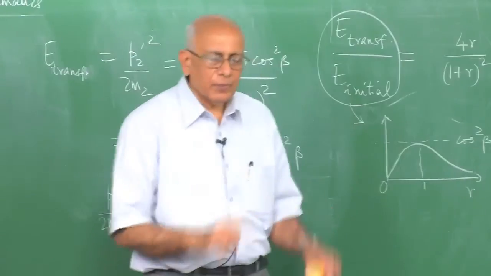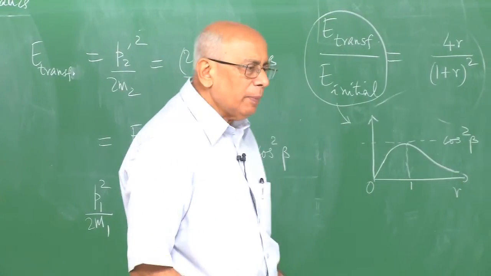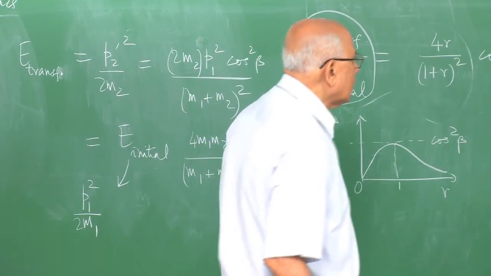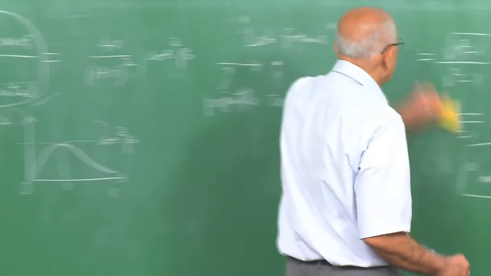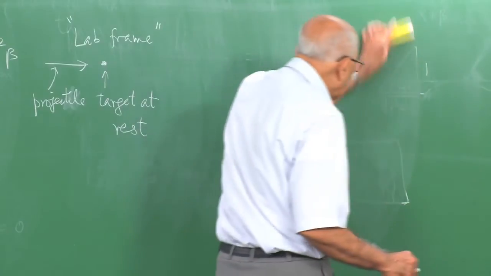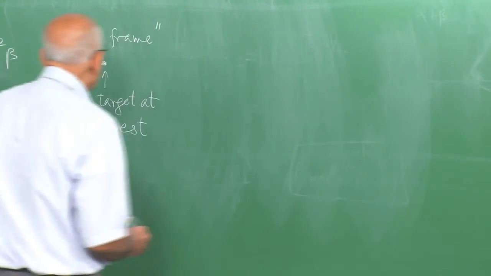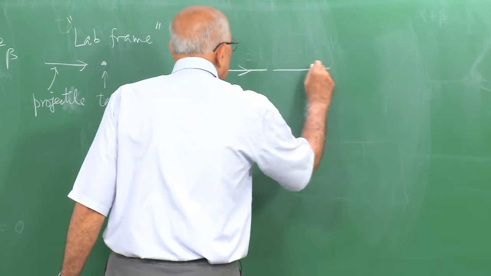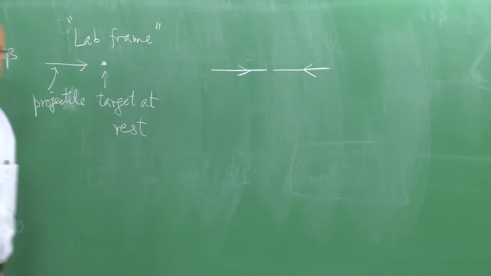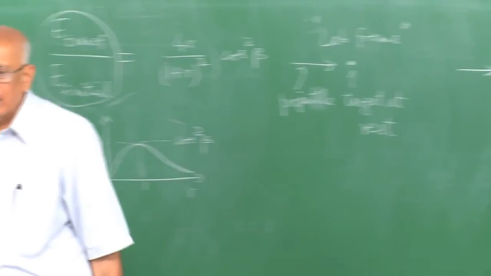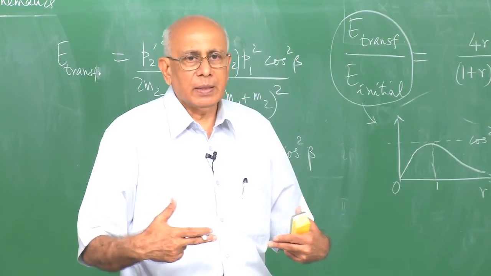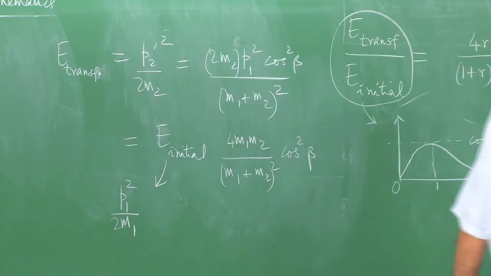There's another frame of reference where you arrange matters in such a way that, by a translation, by shifting, by going to a frame which is moving with respect to these particles, particle 1 comes in this way and particle 2 comes in the other way. It's called the center of momentum frame, because in that frame the two particles have equal and opposite momenta. So in this center of momentum frame